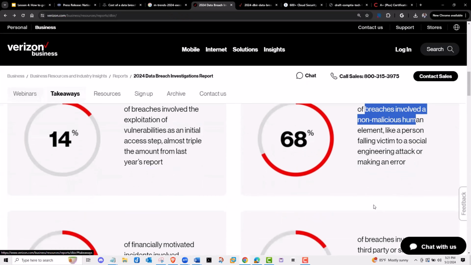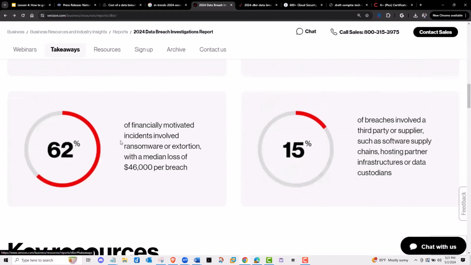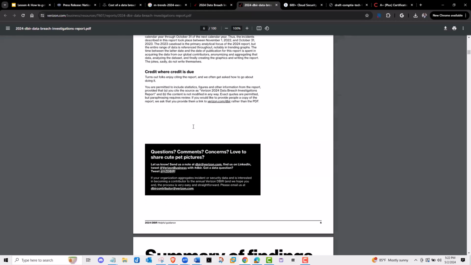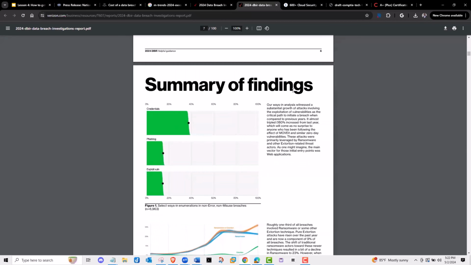Anyway, there was this tool known as MOVEit, which was used pretty much everywhere, like in entertainment companies. So hackers found a zero day in that tool and they were exploiting that like crazy everywhere. So that's really what this increase is all about. But as you can see, 68% of all the attacks involved some kind of human making errors. You can see that ransomware is still on the rise. For every ransomware, there's thousands of dollars for every ransom breach. Again, if you want to look at the full report, it is here. I'll put the link in the description so you can take a look at the findings.